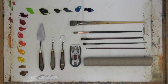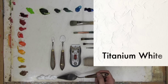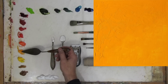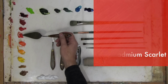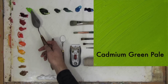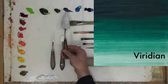As far as colors go, I'll point out some of the colors that I use here. These are all Winsor & Newton professional grade oil paint. What I have to start out with is titanium white, raw sienna, gold ochre, cadmium yellow pale, cadmium yellow, cadmium orange, cadmium scarlet, cadmium red, cadmium red deep, permanent alizarin crimson, cadmium green pale, permanent sap green, Prussian green, viridian, manganese blue,